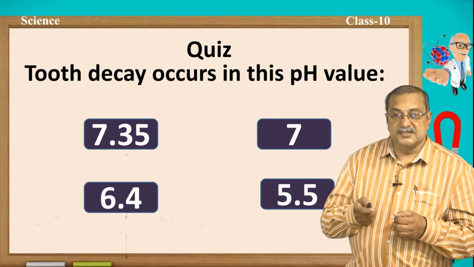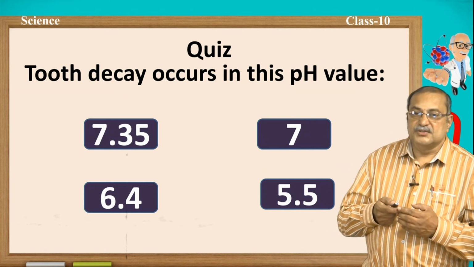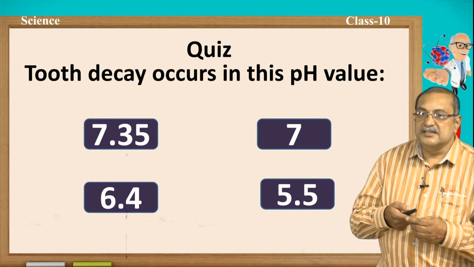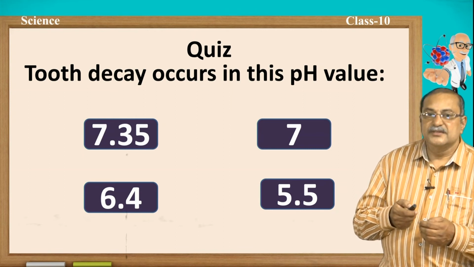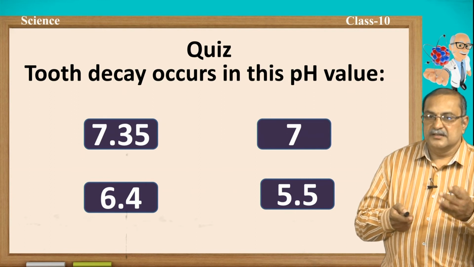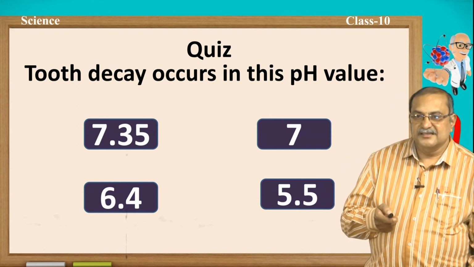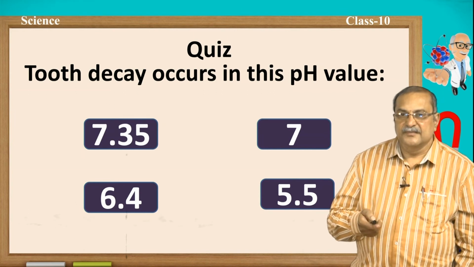Okay. Next it is the quiz time, where we have arrived at the quiz time also. Tooth decay occurs at this pH value. Options are: 7.35, 7, 6.4, 5.4. I think you know the answer, we already discussed it just now. Answer is